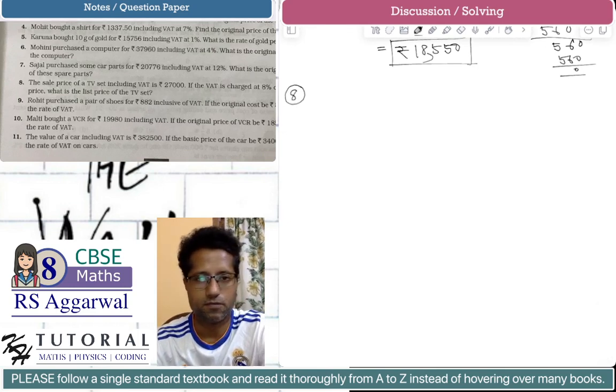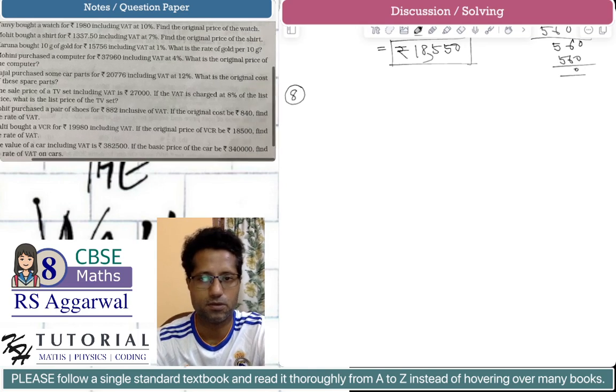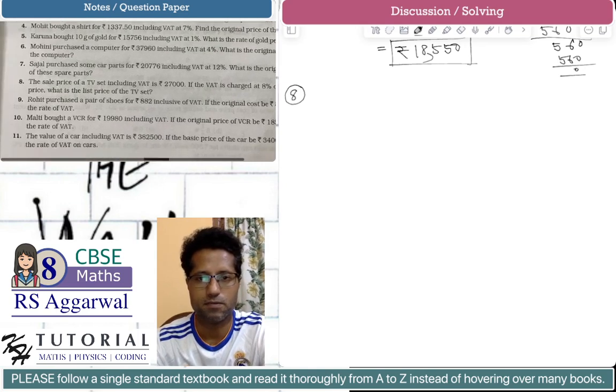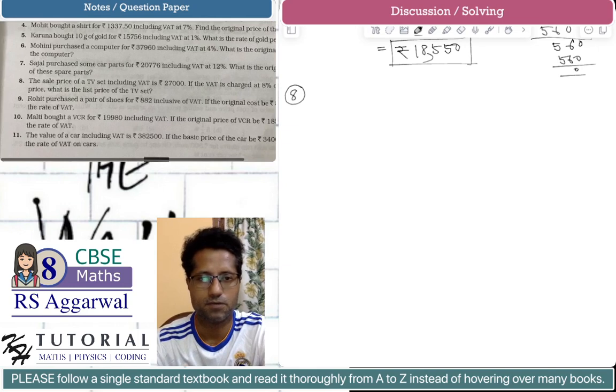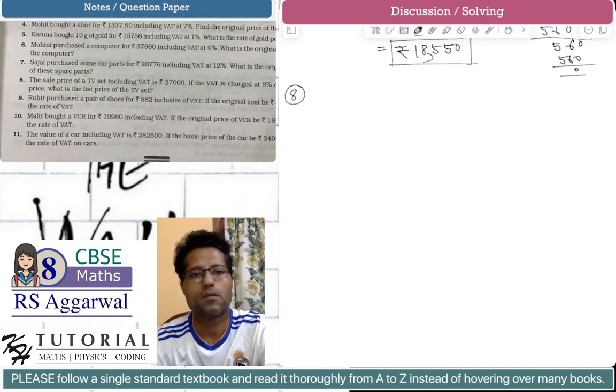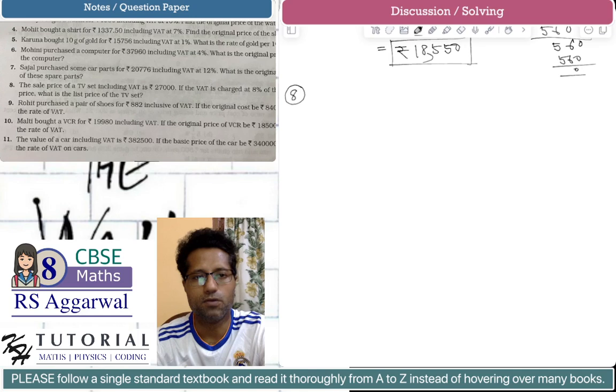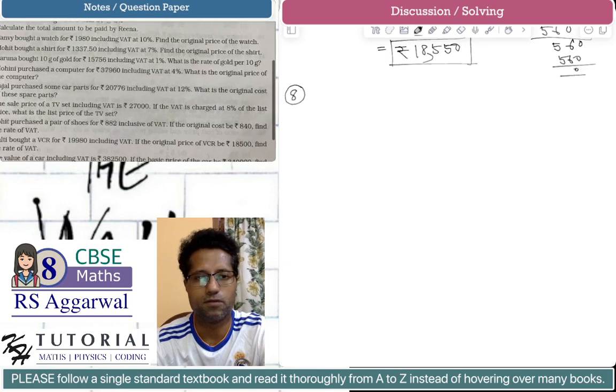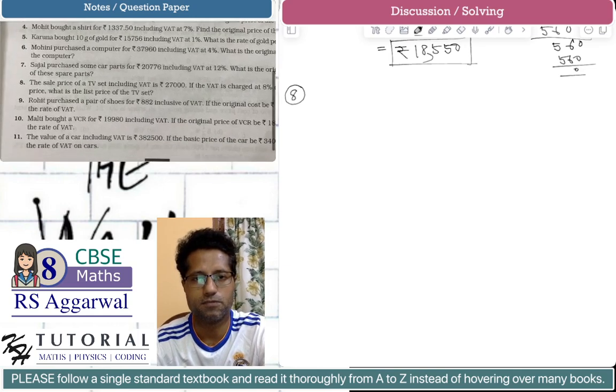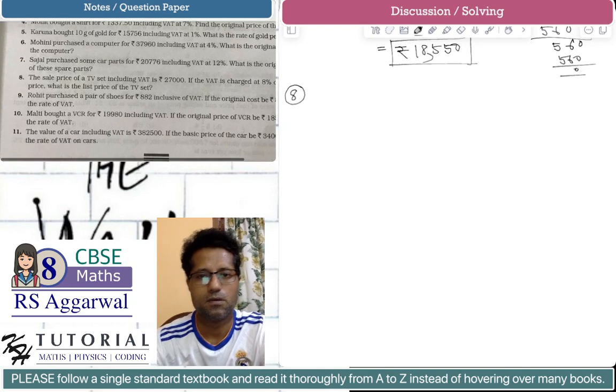The sale price of a TV set including VAT is rupees 27,000. If the VAT is charged at 8% of the list price, that is the mark price, what is the list price of the TV set? We know that if the VAT is charged at 8% of the list price, then what is the list price of the TV set? Okay,